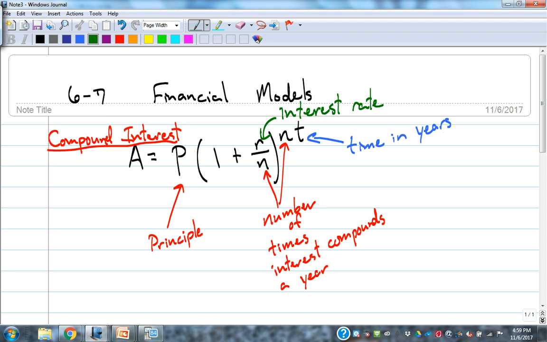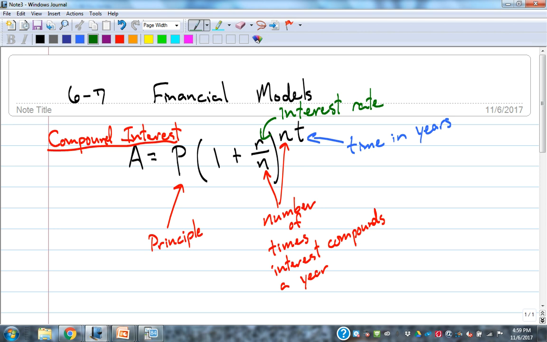So if it's 1.5%, or as most savings accounts right now are, like 0.5%. That's what most regular savings accounts are doing right now. Not very good. But your interest rate is there. All right, so what we're going to do is